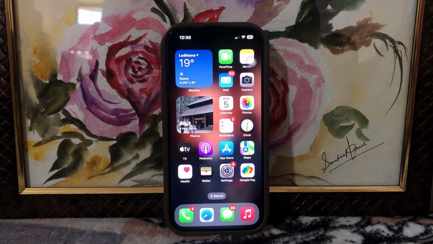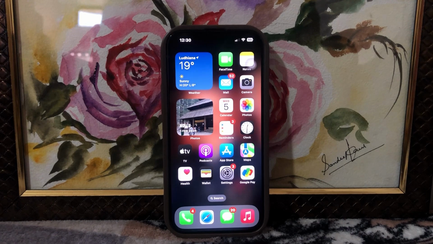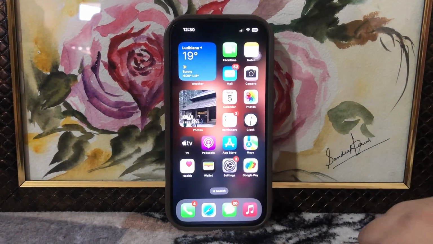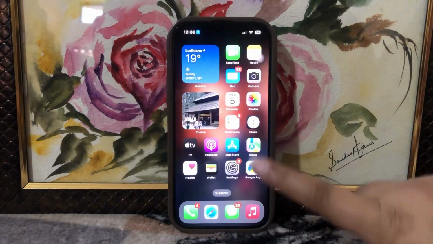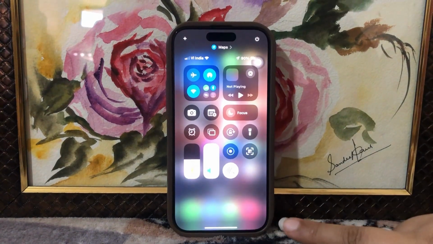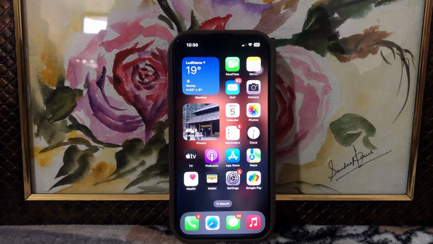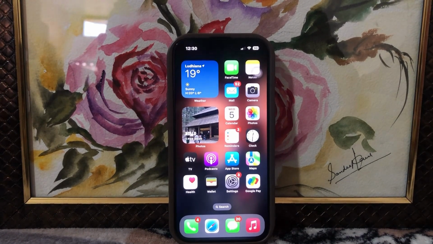Everyone, welcome back. Let's learn what to do in iPhone 14 and 14 Pro when swipe up is not working. Actually, this is the swipe up we used to do for our recent apps or something, or swipe down for the control center. If these are not working on your phone, here I'm going to share 4 fixes with you to resolve this.